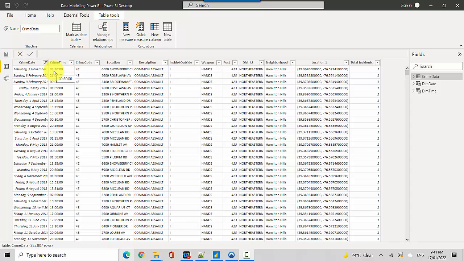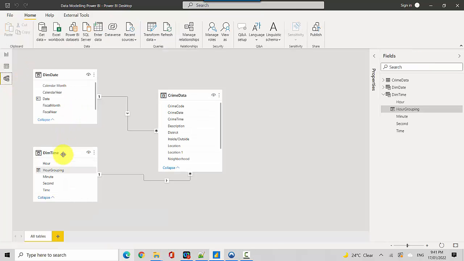So you can do it as part of M code, or you can do it as part of ETL before you even bring the data into Power BI. It's totally dependent on you. And once you've got this data which is divided into date and time, you model it in a way that you join the time dimension. So here you can see that the time is joined to the crime time and the date is joined to